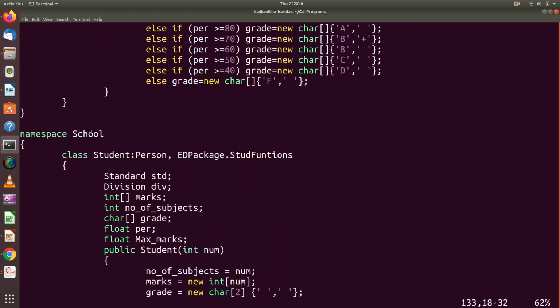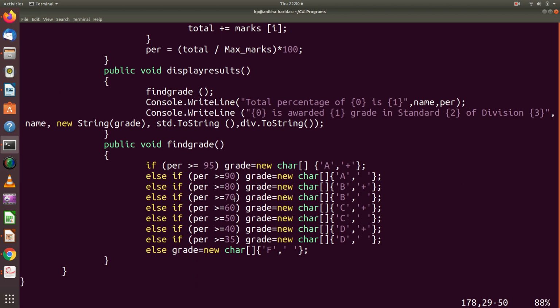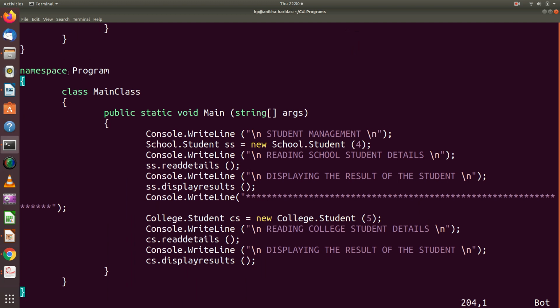Then you have school namespace again with class student inheriting person abstract class and the interface. Then you have namespace for the main program and the details. Okay. So let us try executing the program now.